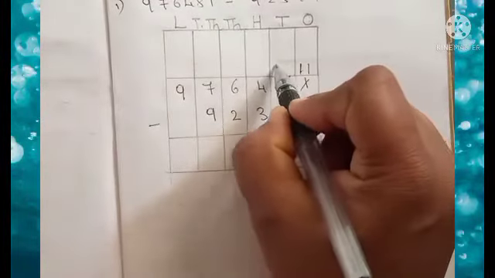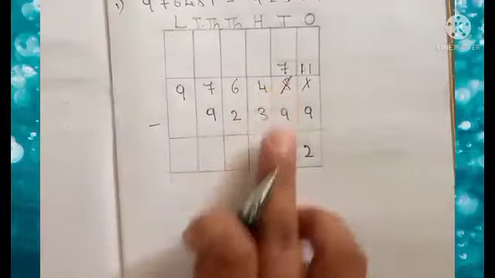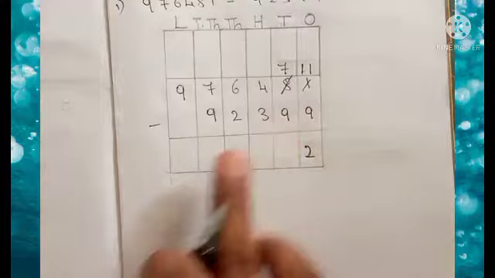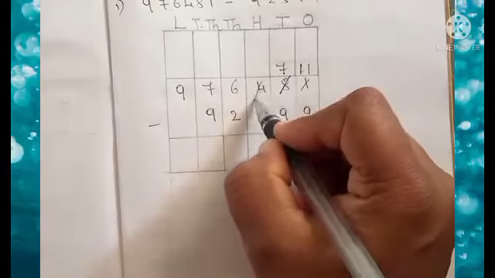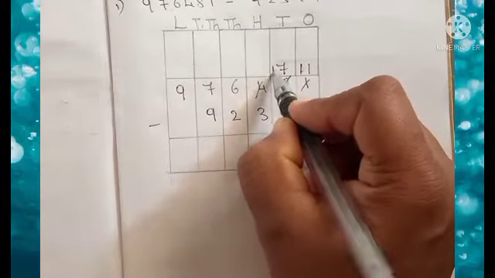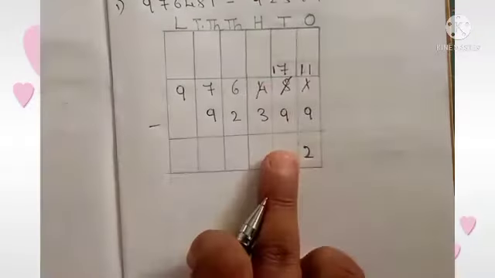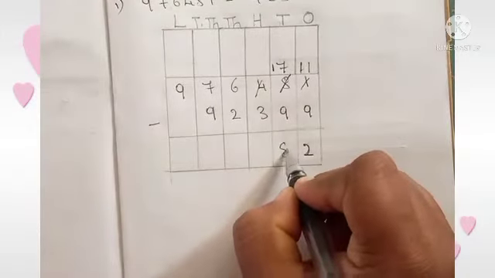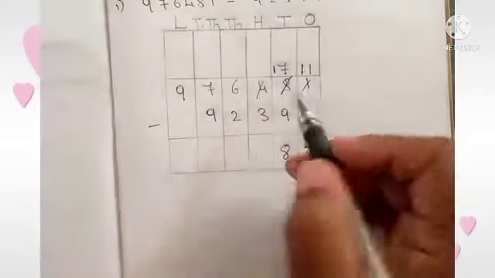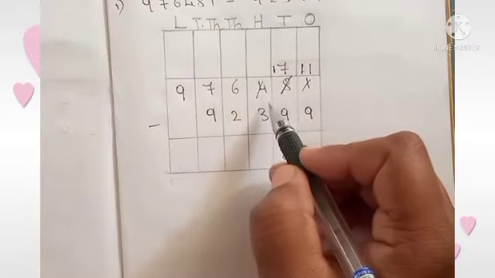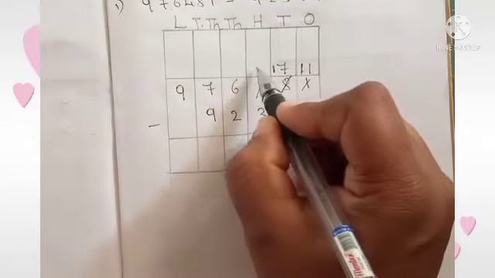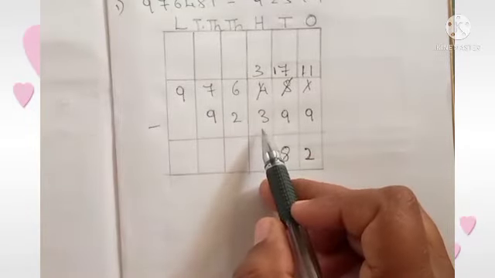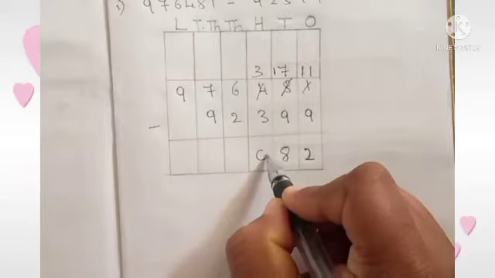How much is remaining here? 7 is remaining, isn't it? In 7, can you subtract 9, dear children? No. So what you should do? You should borrow 1 from here. So this will become 17. Okay. 17 minus 9, how much? Yes, it's 8. So now how much is remaining here in the hundreds place? Yes, 3 is remaining. In 3, if you subtract 3, how much remains? Nothing. So write 0 there.